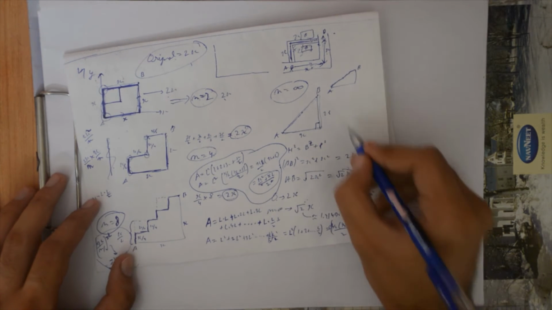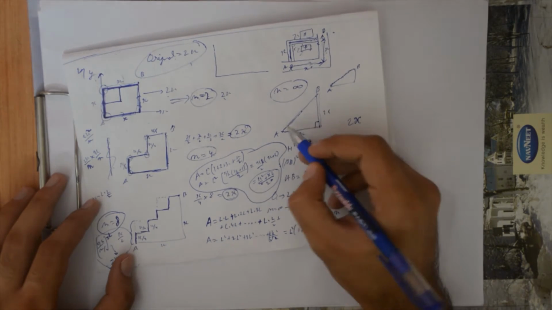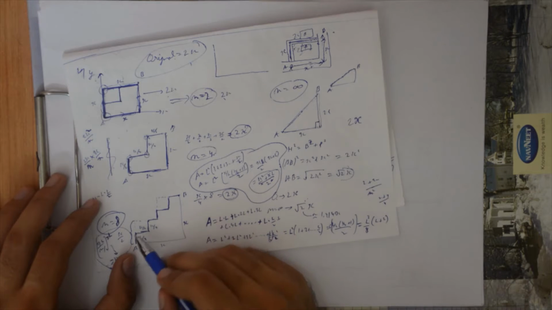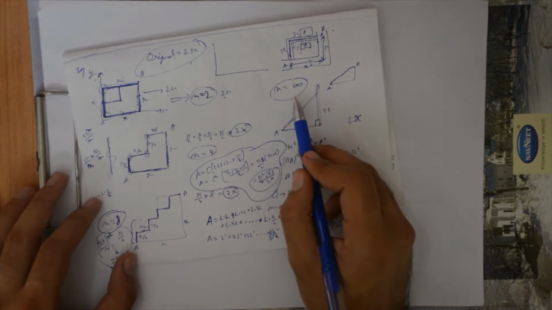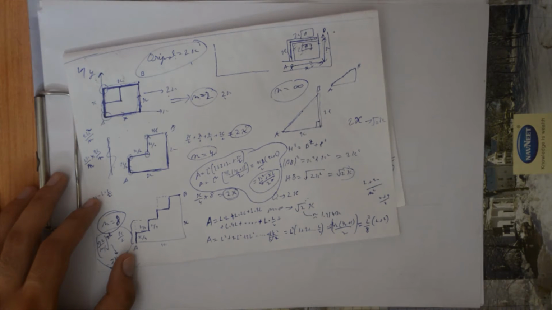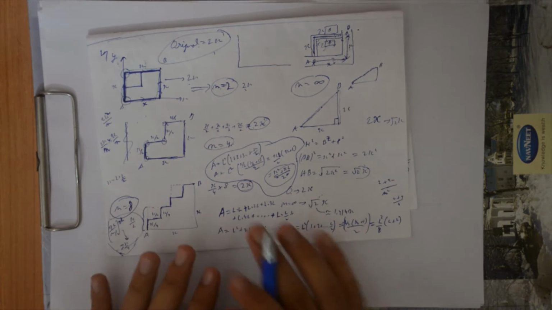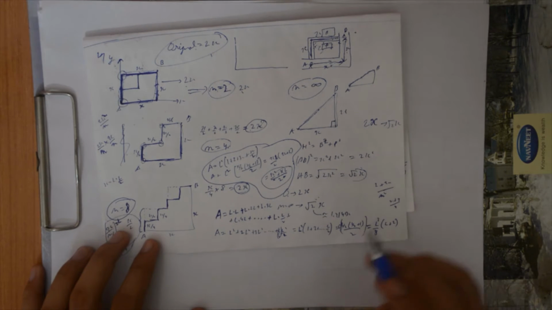So it was earlier 2x, and then with our proposed limit of n tending to infinity, the distance was reduced to root 2x, which is definitely a shorter route. But the paradox here is, which we discussed earlier, the paradox here is that